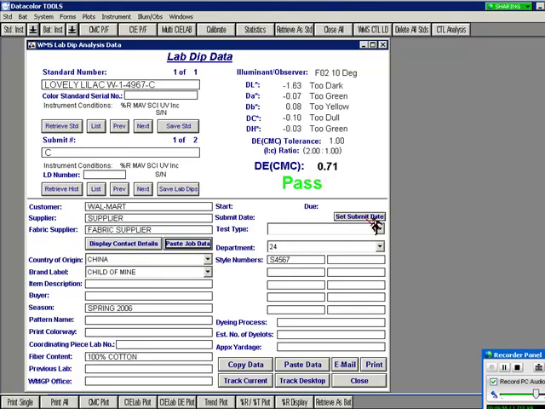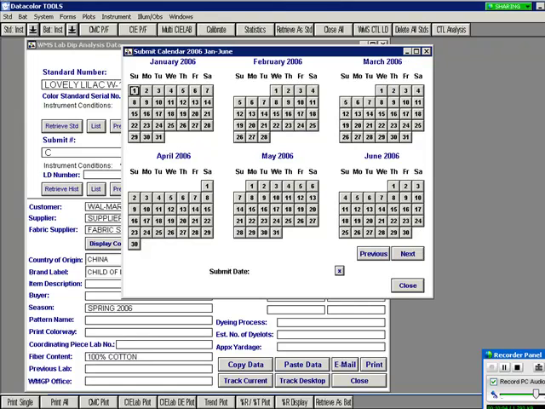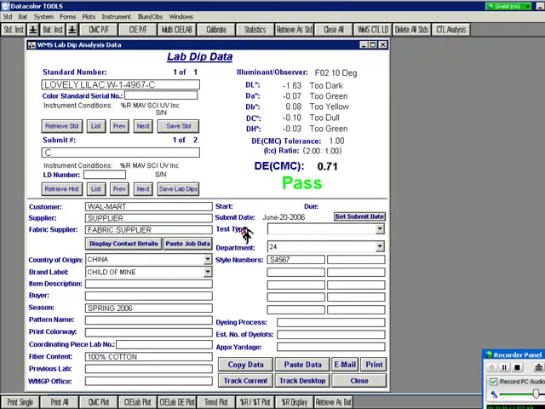And there are only 2 pieces of data that are left for us to fill out on this particular form. The first is the submit date, so we will go in and just click on Set Submit Date. It takes us to a calendar. We proceed through and select the date of the submit, and we'll close that window. And then the second piece is called Test Type, which is where we would select